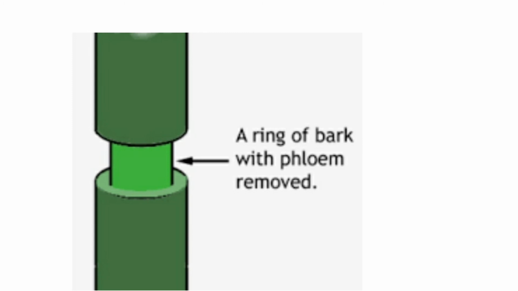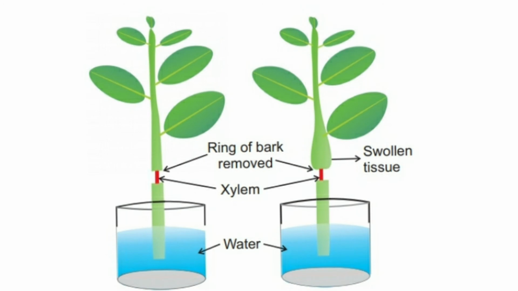To show that food is transported through the phloem, we have a small activity. Take a plant with a thick stem. Remove the outer bark. The outer bark has the phloem tissue. So you will remove the outer bark along the middle of the main stem for about 4 inches. The central core of the stem will remain, only the outer bark is removed. Water the pot regularly and observe it after a few days.